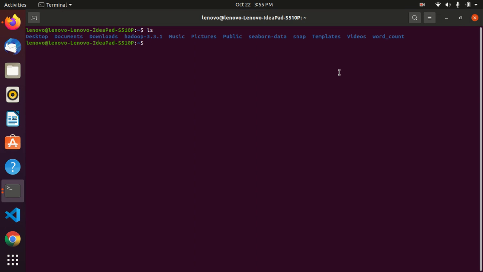So here we are going to explain the word count to be executed locally and also on the HDFS. For that, initially we are going into the home and here we are creating a directory called word count. We already created this directory through the command mkdir wordcount, and then we are going into the word count directory,